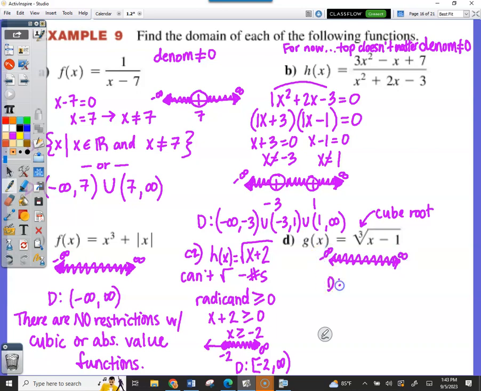So for the domain, you don't have to draw that number line with the whole thing shaded. I'm just trying to help you see that there's not a single number off limits. And you might want to make a note. There are no restrictions with odd roots. And that's because the odd root of any number is